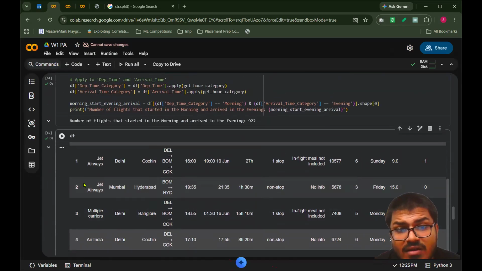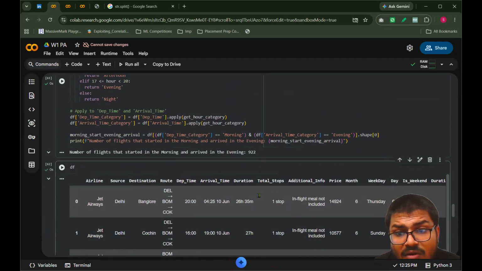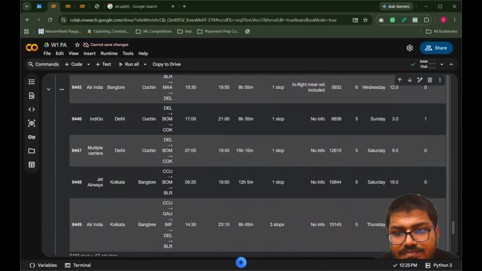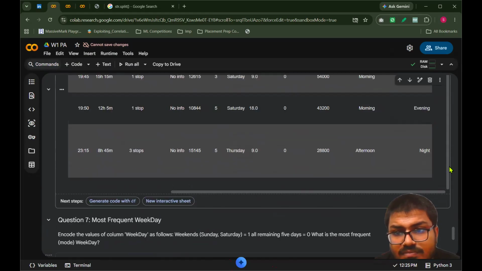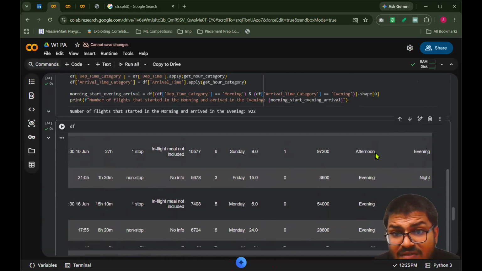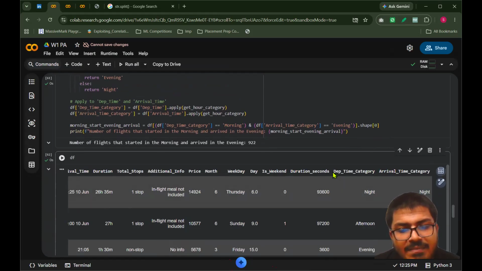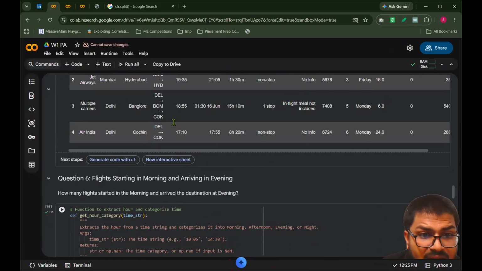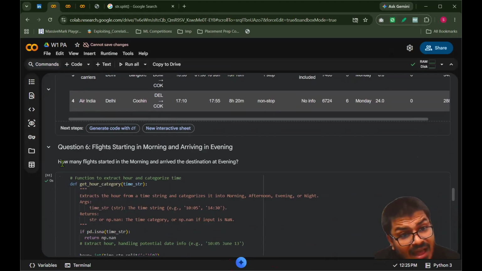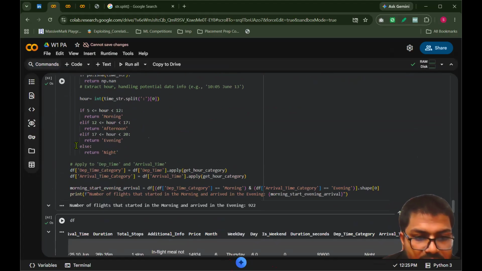तो बेसिकली क्या चेंज हुआ कि मेरे पास डिपार्चर टाइम कैटेगरी और अराइवल टाइम कैटेगरी नाम से एक और कॉलम बन गया, और उस पर हम लगा दिए एक फिल्टर, कि जहां डिपार्चर टाइम मॉर्निंग हो और अराइवल टाइम इवनिंग हो, वहीं पर हमको वही डेटा फ्रेम दो, और मैंने उसका सेव चेक कर लिया, राइट। जिससे मुझे पता चल जाए कि कौन से फ्लाइट मॉर्निंग में आए और इवनिंग में डिपार्ट कर गए, राइट।